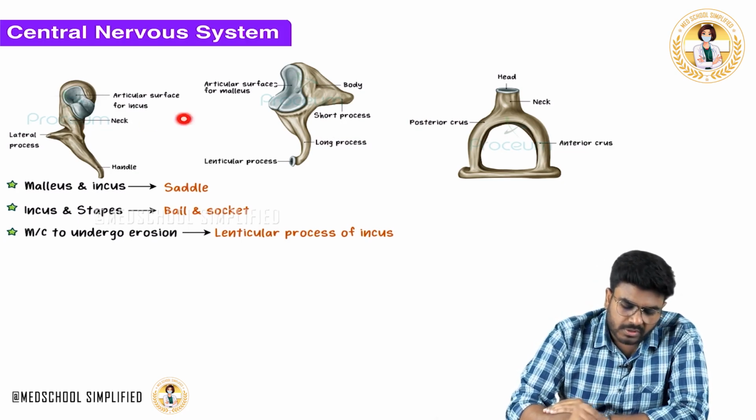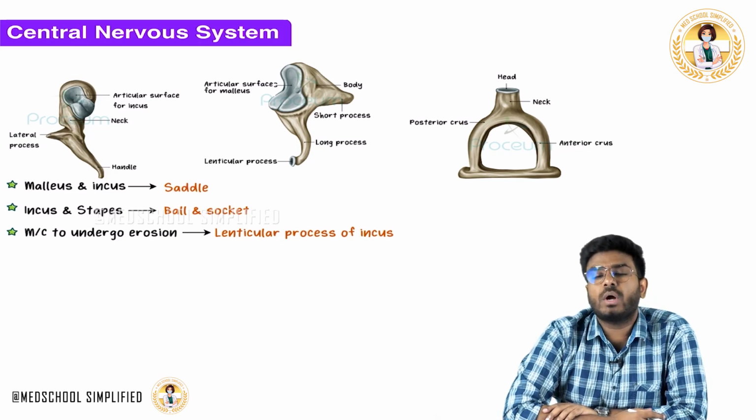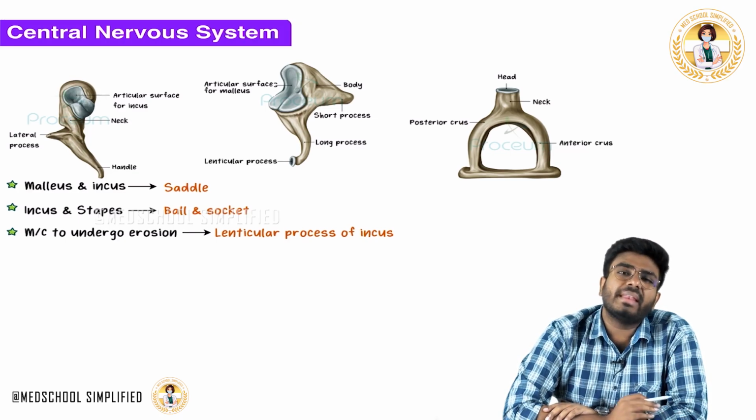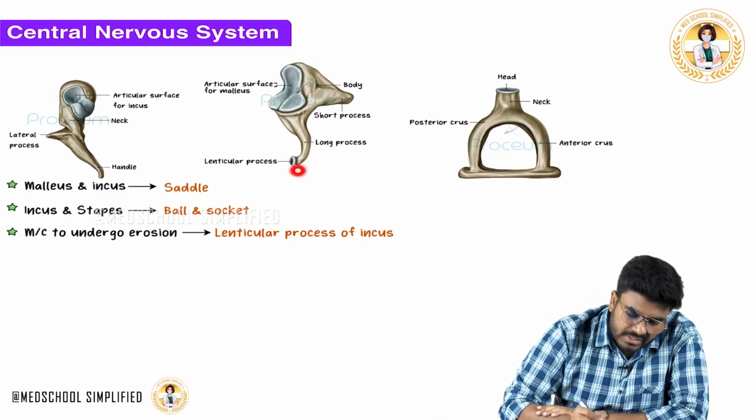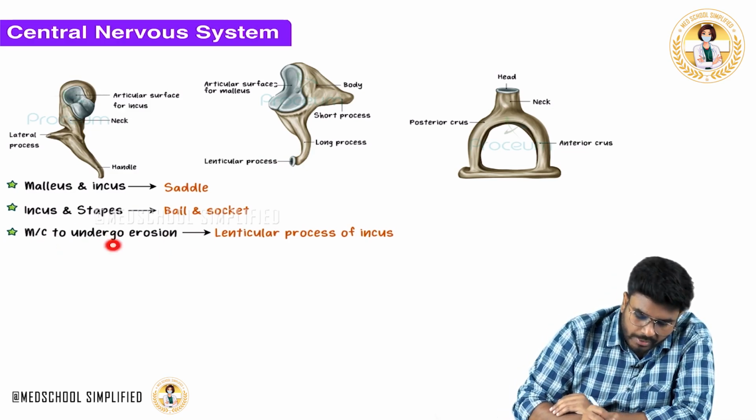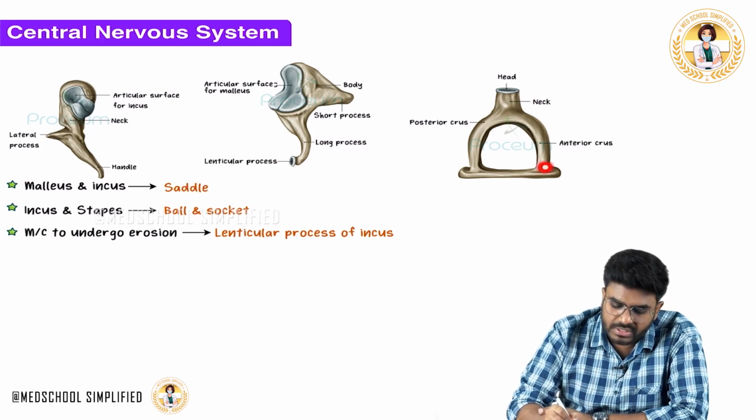Now in these processes, they will ask you which part of these ear ossicles easily undergoes erosion, or which part of these ear ossicles will never undergo erosion. Erosion simply means damage. There is a process called the lenticular process. This lenticular process of incus will undergo easy erosion. Most commonly eroded is the lenticular process of incus, and never eroded is the foot plate of